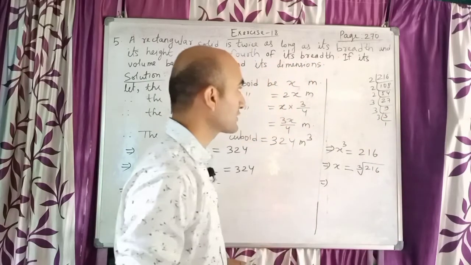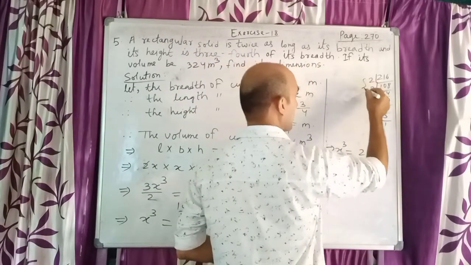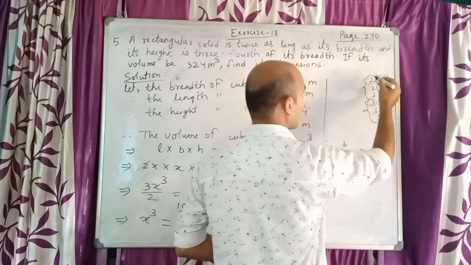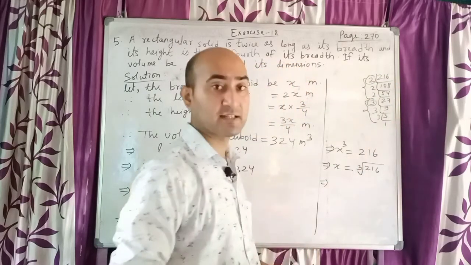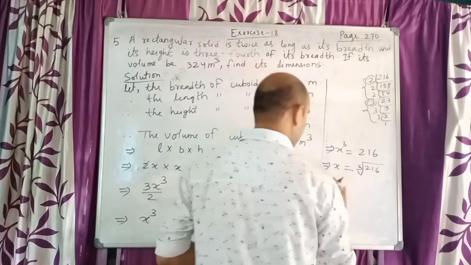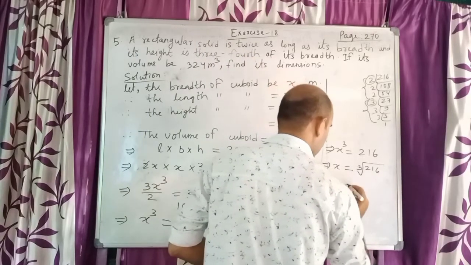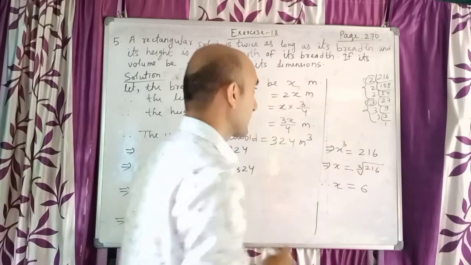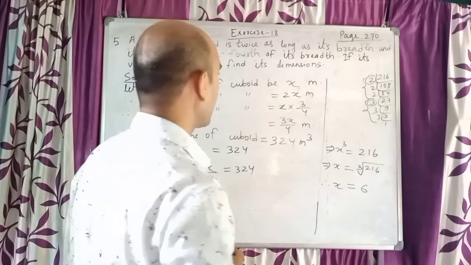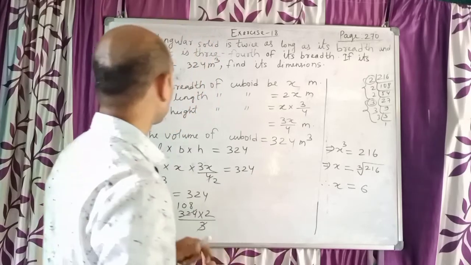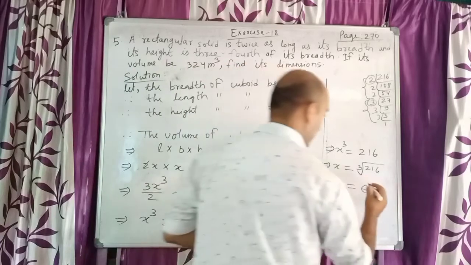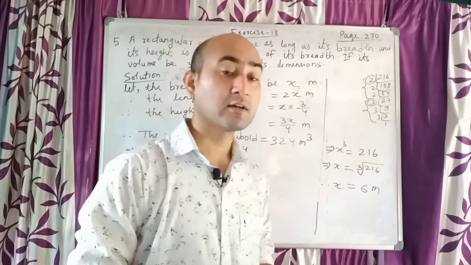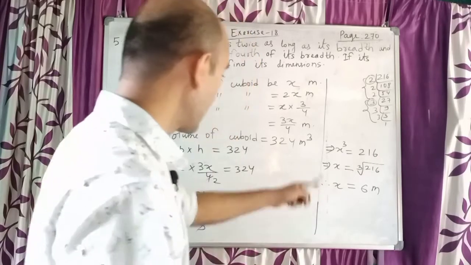So in cube root what we do, children? Out of 3 2s we take 1 2, out of 3 3s we take 1 3. So 2 and 3 if you multiply, our result is 6. So I can say therefore x equal to 6. That is, the cube root of 216 is 6, but if you do not know, that is the way to solve the cube root. As it is meter cube, the value here will be meter, because meter cube is volume and x is the length of a side of the cuboid, so it will be meter.